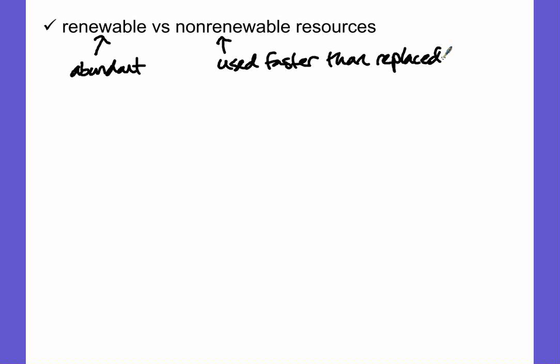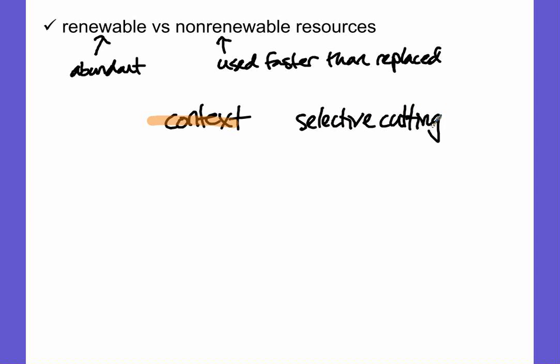A lot of times when it comes to resources, it comes down to context. Because some use of a resource can be renewable versus others that's non-renewable. Take using trees for building materials, using wood for building materials. You can either choose to selectively cut down trees, some of which were already dying and needed to be pruned out of the forest anyway,